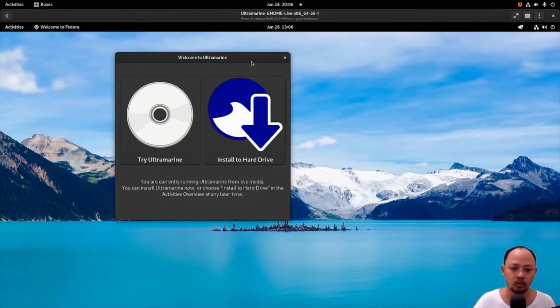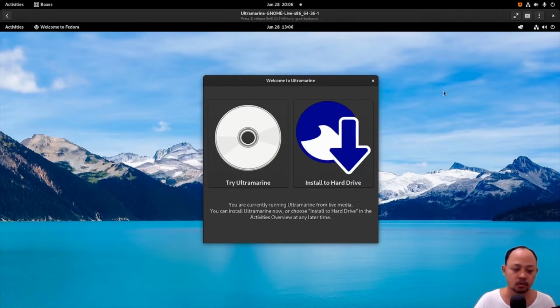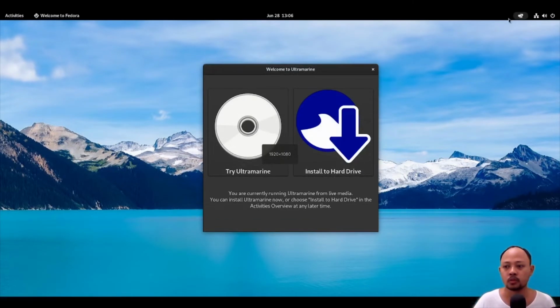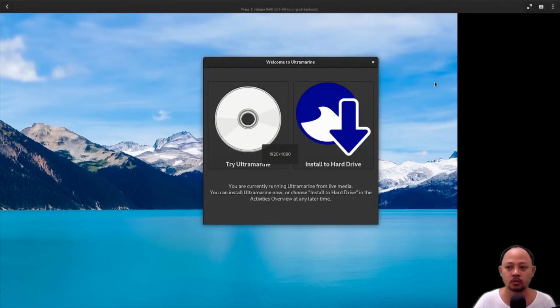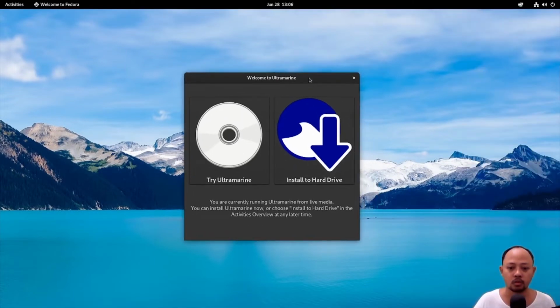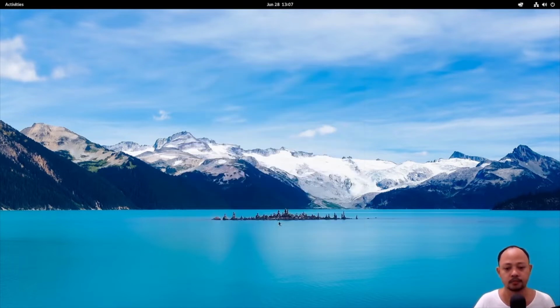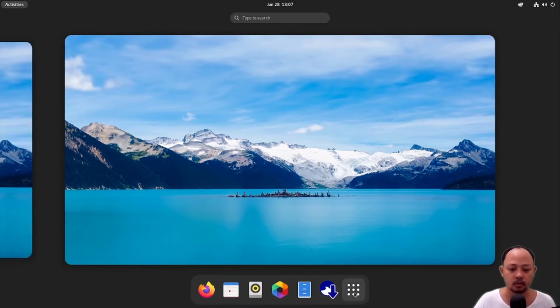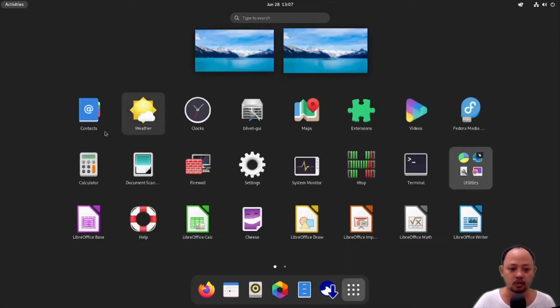Okay everyone, this is the first option when we are in the demo mode or live mode. Okay, I will try the Ultramarine before I install it. I want to check the applications that are bundled with Ultramarine.